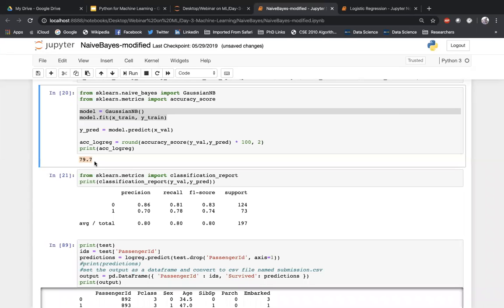Now there can be a question: given a dataset, how do I find which algorithm is performing better? There is no straightforward answer to that. What you have to do is try out, practice, and understand which algorithm works best on what kind of data. Depending on your understanding, you apply multiple algorithms, see the accuracy percentage you are getting, and based on that take a call on which algorithm has performed better on your dataset.